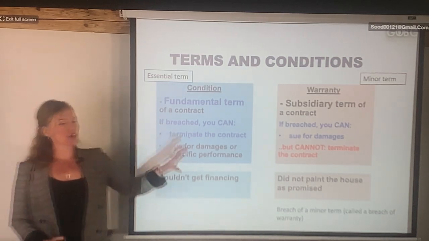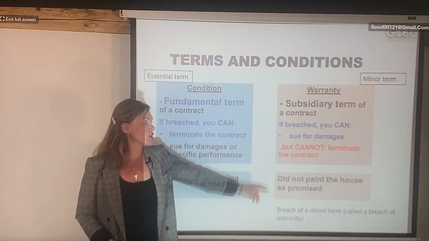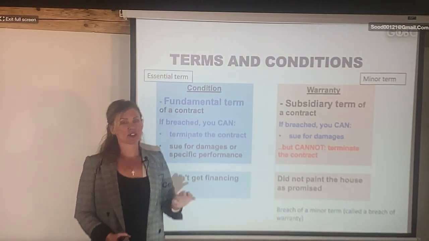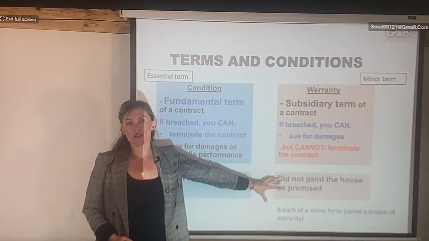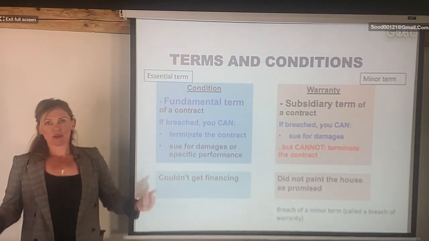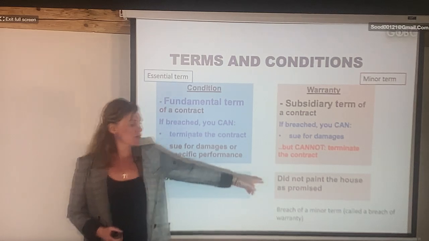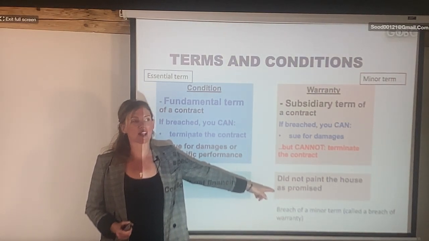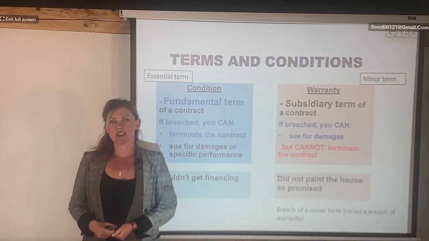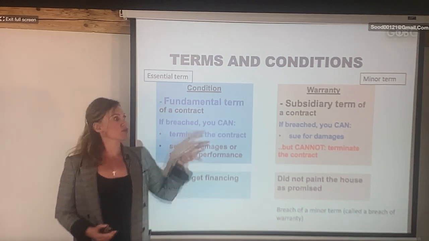But if you add it as a separate warranty and say, I just want to make sure, you said that the roof is new, or you said that you're going to paint the house for me, I'll just add it inside of the contract. As a warranty here, it says that you're going to do that for me. So let's say you bought the property, completion happened, right? You move into the house, and then you check the roof, and then you check the paint, and you say, you know what? He painted only the front of the house, but he hasn't painted the back of the house. And the roof is only halfway done, okay? And you added those warranties, you put them into the contract.